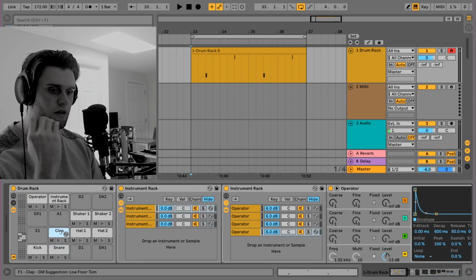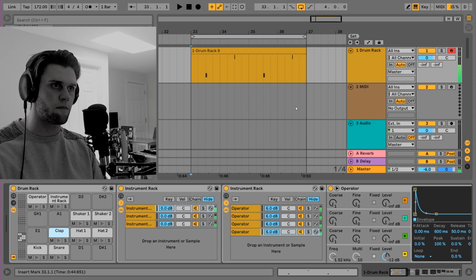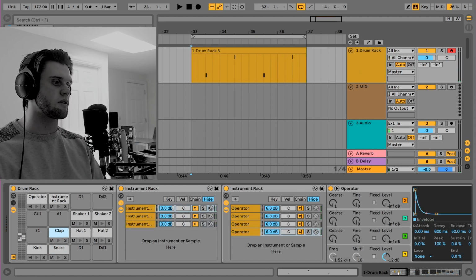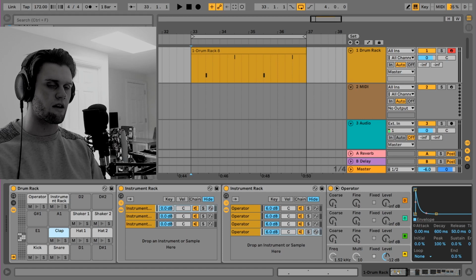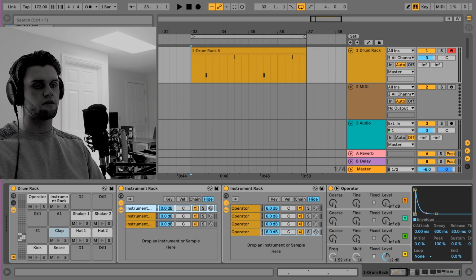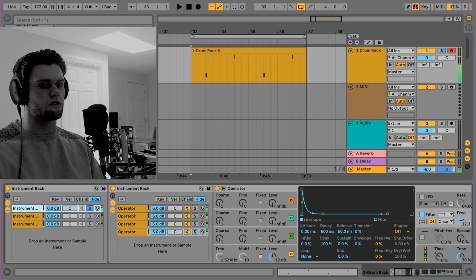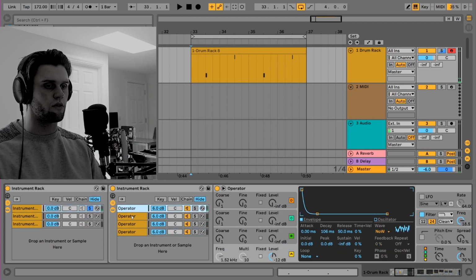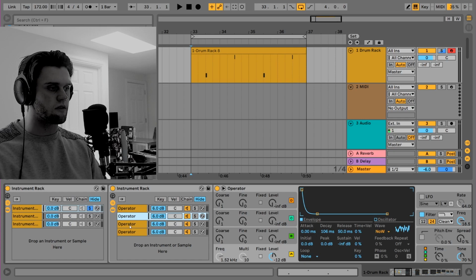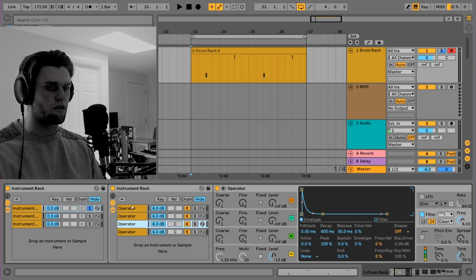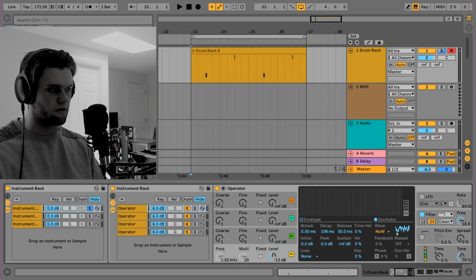So let's move on to the clap now. So the clap's interesting because it's actually quite a hard sound to emulate within a synth. What I'm going to do is break down one patch, and then I'll go through each of the processings within it. So if we solo one of these patches, all this is a bunch of operators on a white noise